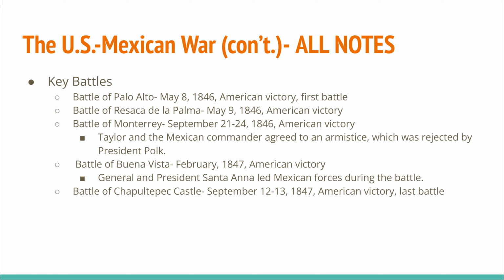General and President Santa Anna is going to lead the Mexican forces during the Battle of Chapultepec Castle. I think that's how you say it. But he's going to lead the forces there on that battle of September 12th to 13th in 1847, and it's going to be another American victory. So you can see at that point that the American army was much better trained and equipped than the Mexican army, so they win most of the battles,